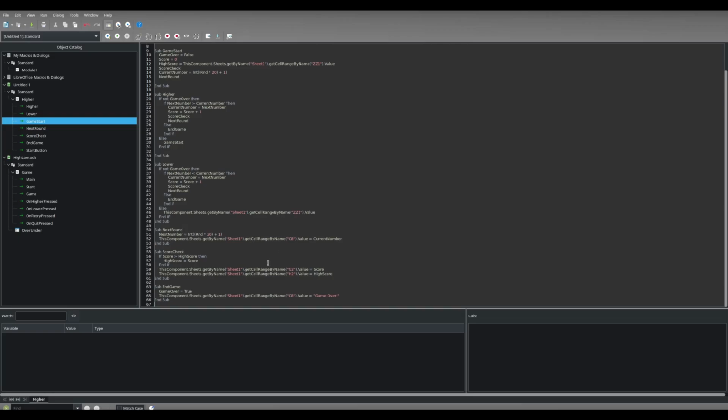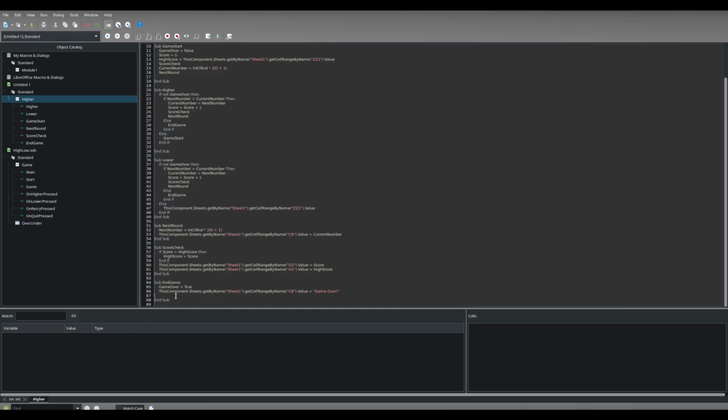And the only other thing I need to do is change the values of the buttons to be quit and retry. Okay, so to change that, we're going to do this component dot, let's just grab this right here. Okay, so this component dot sheets dot get by name, and then we'll do drop page dot forms dot get by index 0